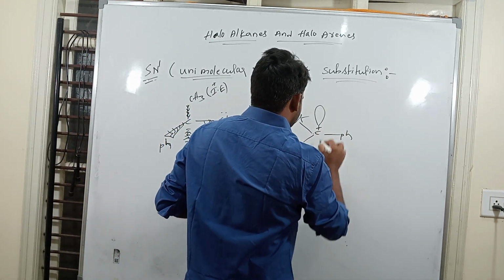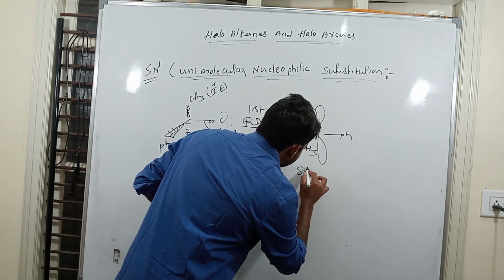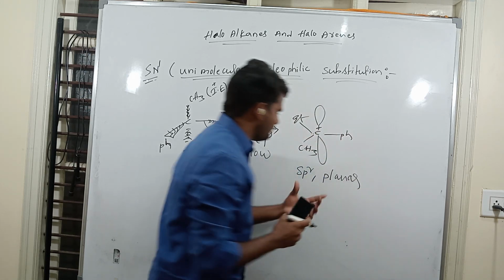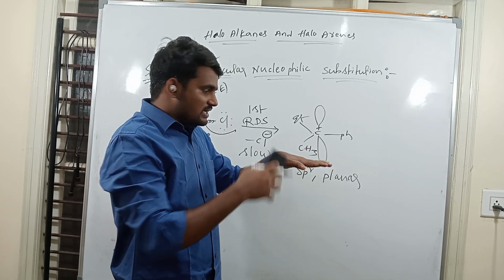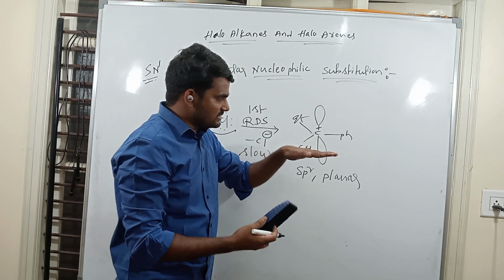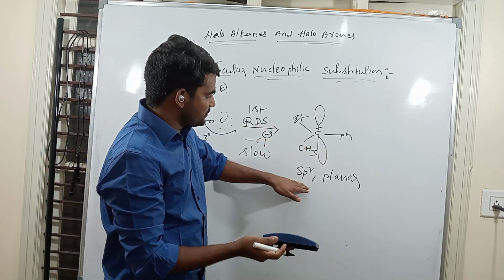You know that a carbocation is sp2 hybridized, with a planar structure. Planar structure means the nucleophile can attack from both sides. If you take the carbocation as an sp2 hybridized planar structure like this,